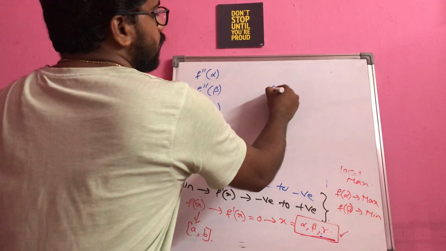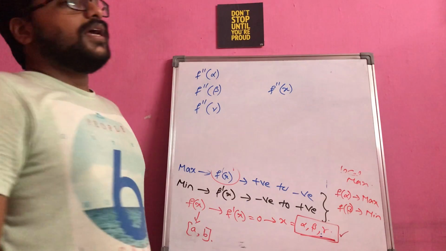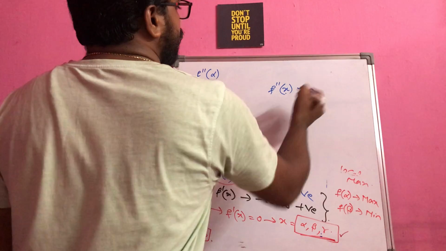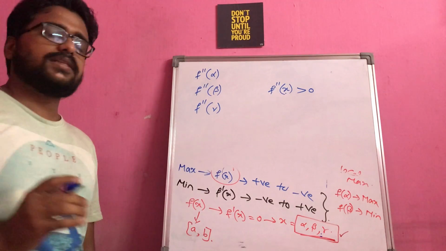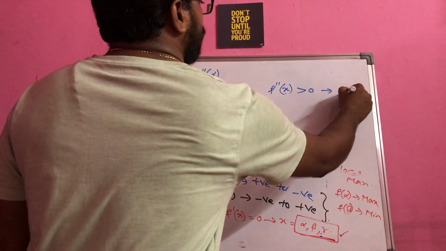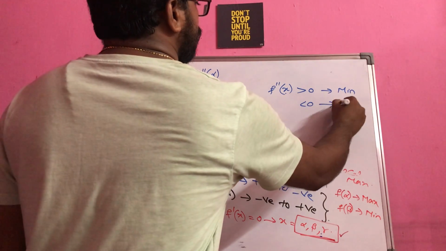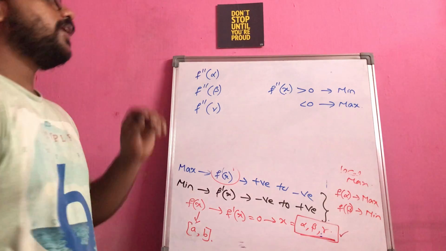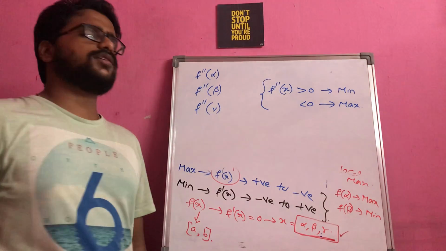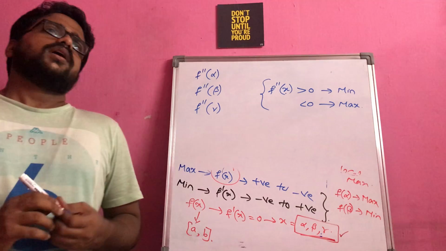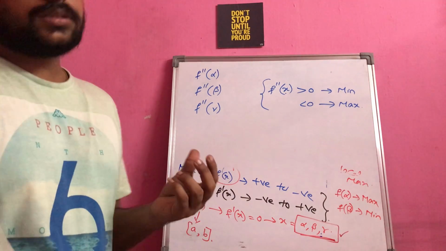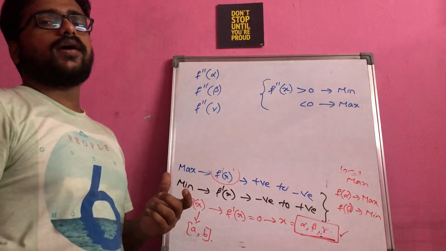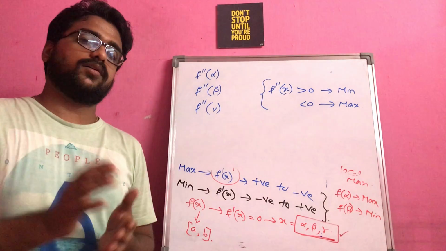Whatever second order derivative you are finding, if you are getting this f double dash of x value greater than 0 at some particular value of x, that is indicating a minimum value. If it is less than 0, then it is called a maximum value. So it is a very crucial result that you have to remember. There is nothing much explanation for this. It is just a simple thing, because it's just a confirmation for whatever values you got, whether it is correct or not.